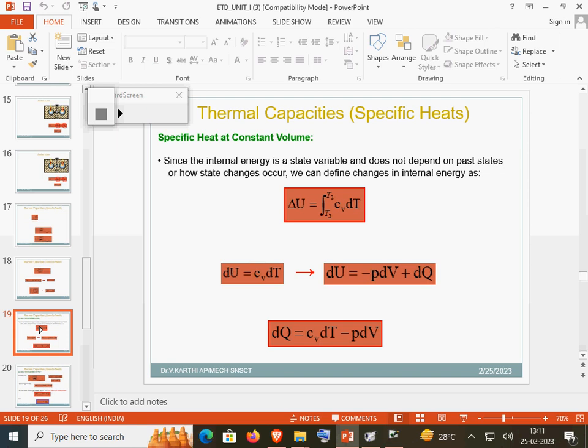This is the specific heat at constant volume. Since internal energy is a state variable and does not depend on the past states or how the state change occurs, we can define changes in internal energy as delta U equal to